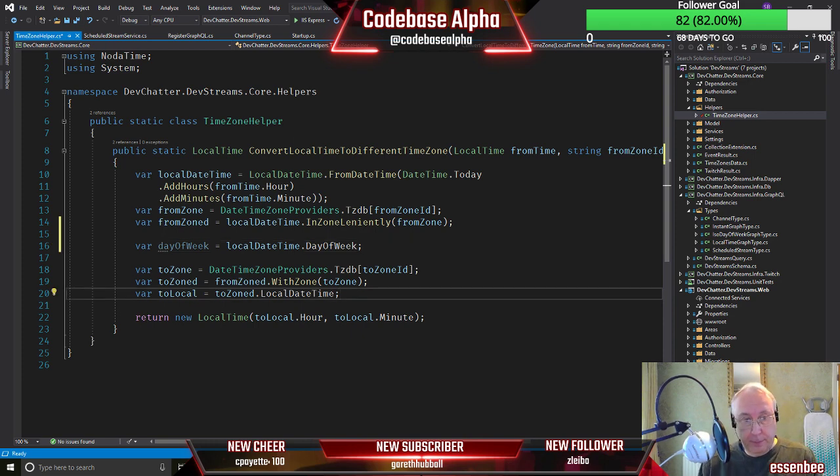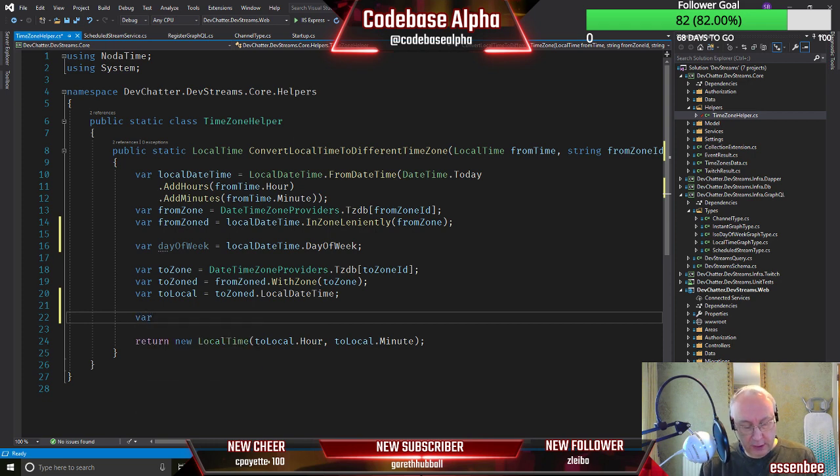So let's create another variable called adjust day of week. And that's going to be the day of week for 2 local here, which is our new zoned date and time.